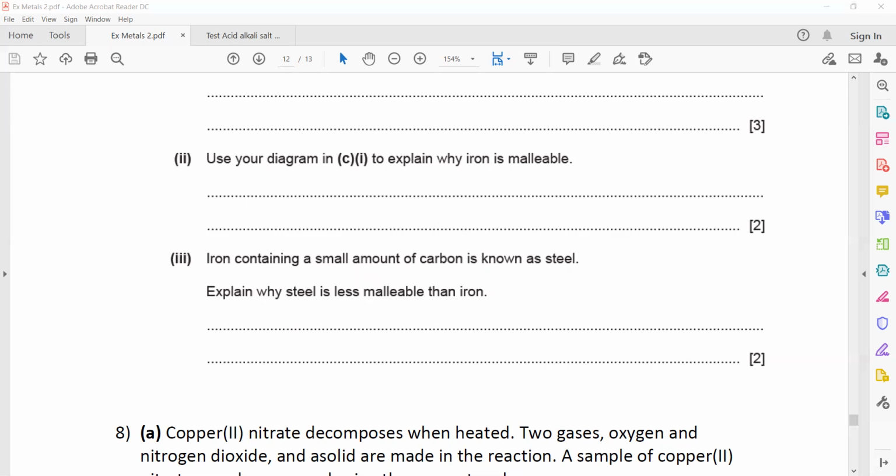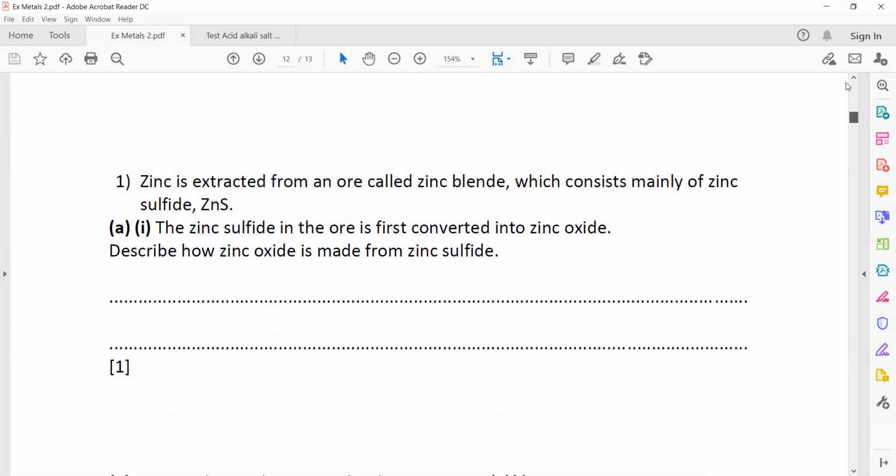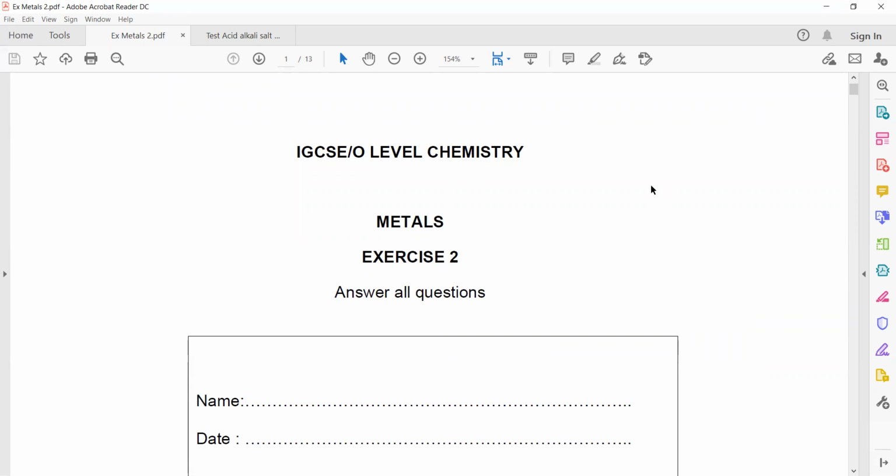Any other question related to this? Exercise 2 of metals. Any other question or doubt? Any other doubt in this? So otherwise I'll move on. Okay, so